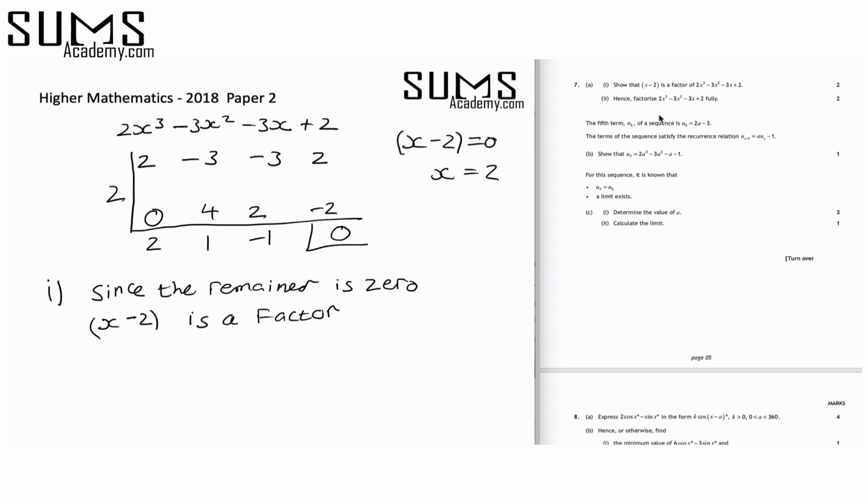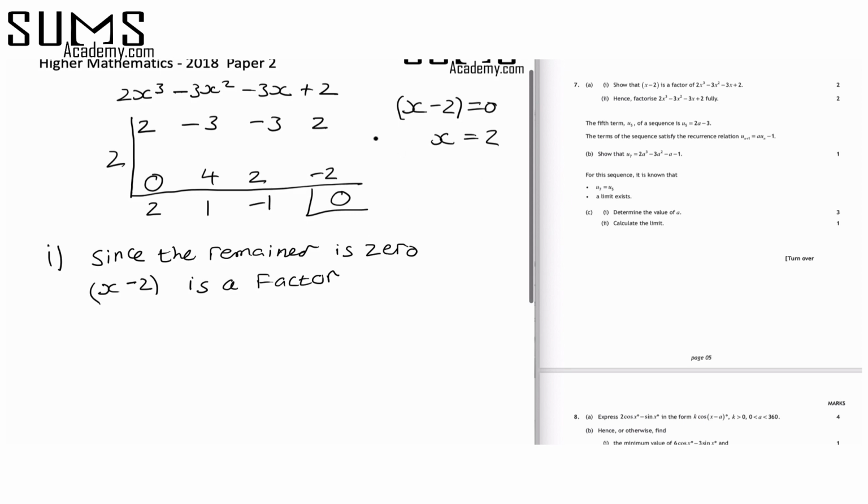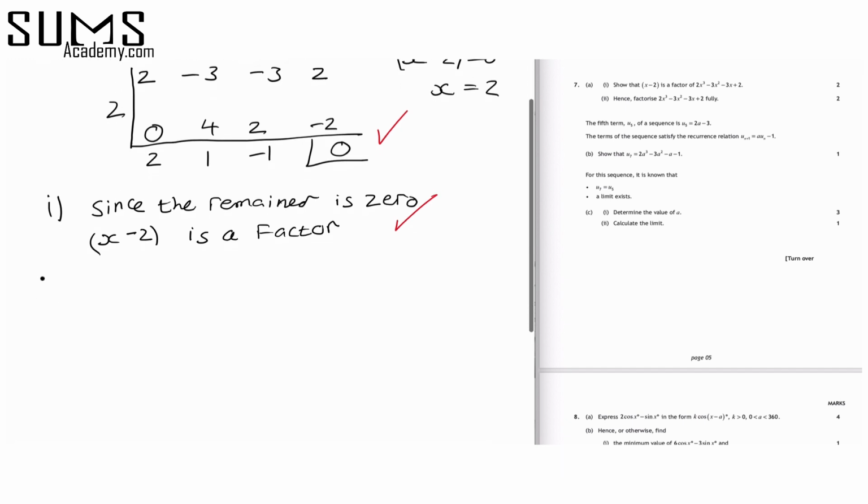Okay, and then you get your 2 marks for using synthetic division correctly, and then you get your second mark for interpreting the result. So for part B,